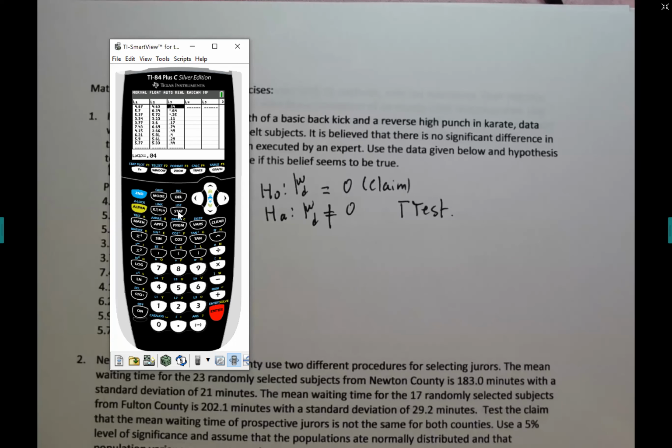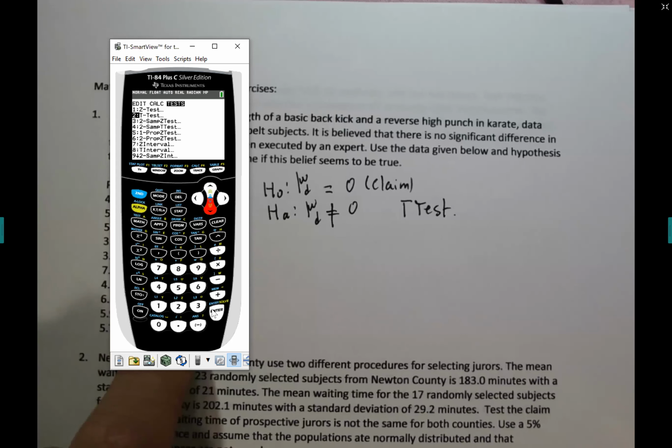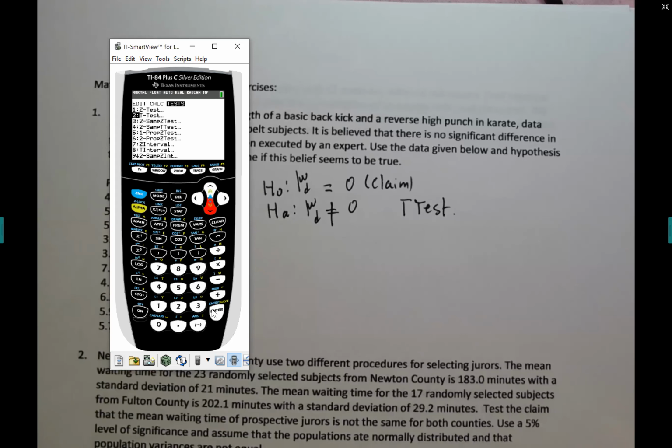Yeah. And now, guys, we're going to run a t-test. So we're going to go to stat, tests, t-test. Again, for students who are wondering, when do we use two-sample t-test? We use two-sample t-test when the samples are independent. When they're given like this, that means the samples are dependent now. It's the same subject using a punch and using a kick. So t-test,